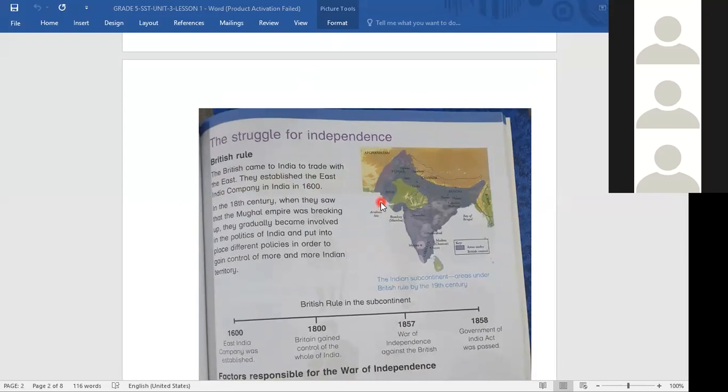Teacher, tell again. The question on page number 39 said, why did the British originally, which means at first, come to India? After they did so many things, but originally, in the first place, why did they come to India? The answer is the British came to India to trade with the East. And in the East, there were so many countries like the subcontinent, Afghanistan, Iran, Pakistan, India, Bangladesh. These all countries are counted in the East. Okay?